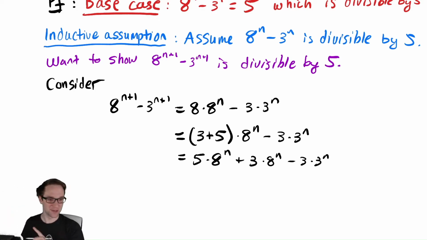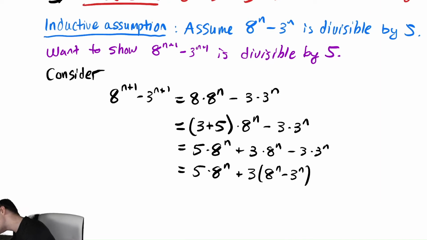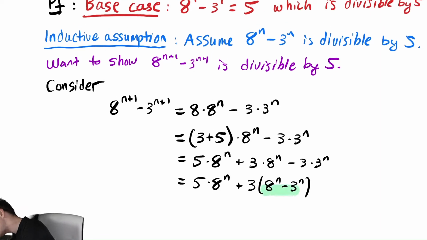And now maybe it looks like it was a good idea because I can now factor a 3 out of that last term and write this as 5 times 8 to the n plus 3 times 8 to the n minus 3 to the n. And now 8 to the n minus 3 to the n is the same exact expression that I had up here. So by inductive hypothesis,